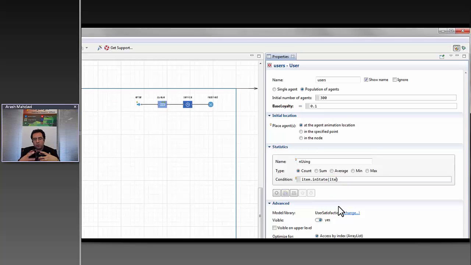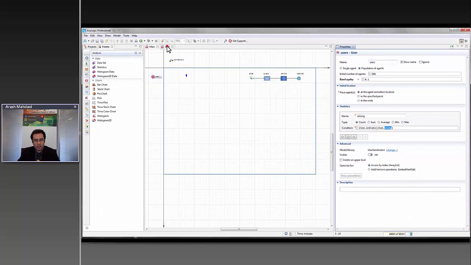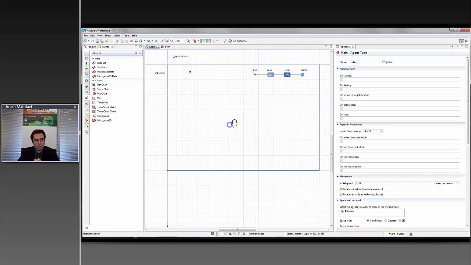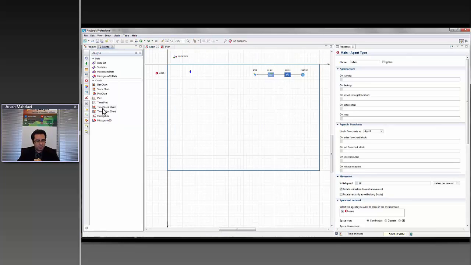So it works like a loop. It goes through all of the users and counts those in the using state. So AnyLogic would generate a new function for us with the same name that we can use in our charts. So in the analysis panel, we are adding a time stack chart,